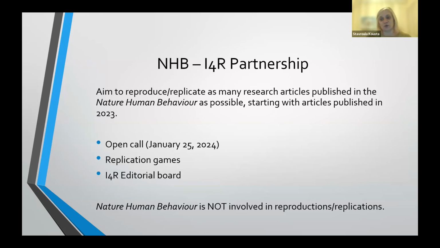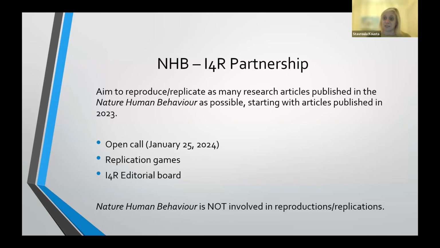The Institute for Replication is also organizing replication events. These are typically one-day events where participants work in groups of 3 to 5 to reproduce, using the same code and data, the findings of a published paper, or carry out robustness checks, so different analytical procedures, to replicate the findings of the original paper.